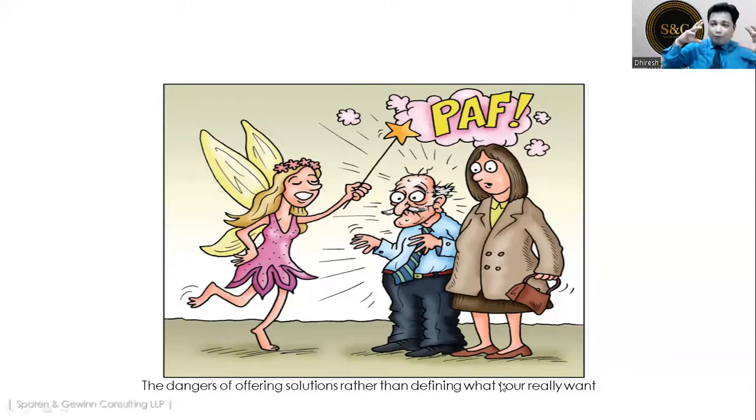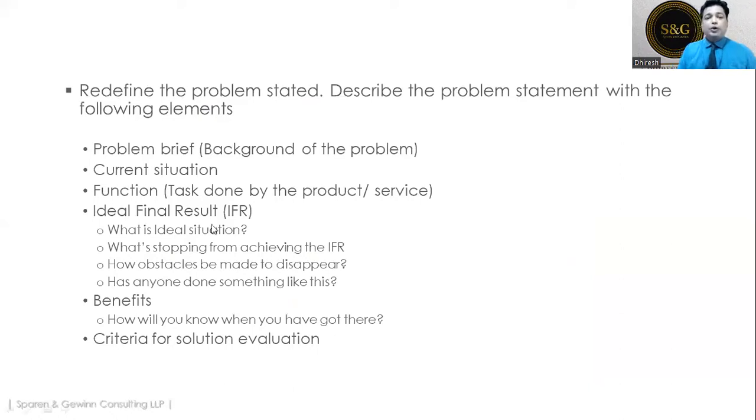So understand this. What we need must be understood clearly, and only then can we go to this innovative problem solving. Now, redefining the problem statement: describe the problem statement with the following elements. First is the problem brief, just like the problem statement in our project charter. Data collected from Jan 21 to December 21 shows that average monthly expenses of blah, blah, blah. That is the problem statement. Similarly, write down the problem brief, give the background, what is wrong, since when it is wrong, the current situation. Then function,